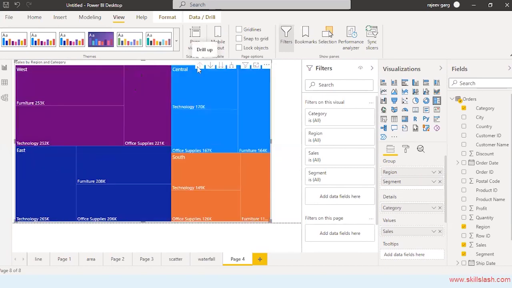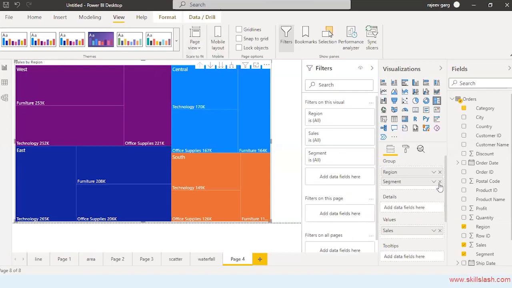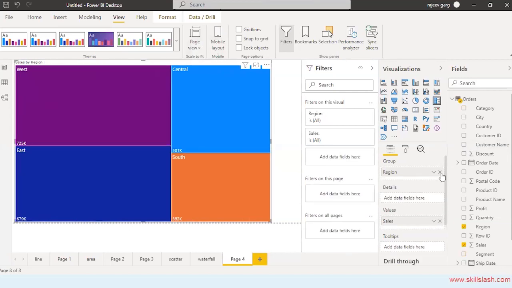So it is known as a tree map because just like a tree has multiple branches, similarly this also has multiple branches. We have taken the one value over here. Let me remove this, let me remove this, let me remove this.